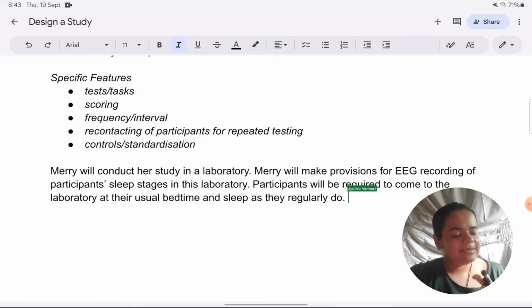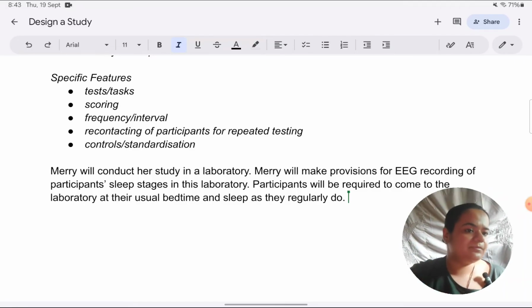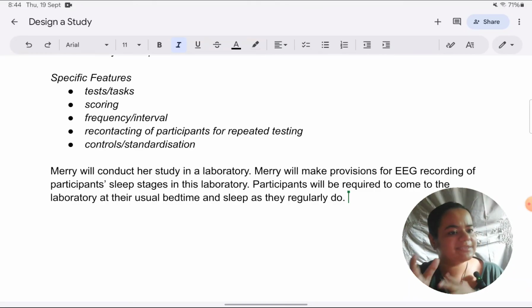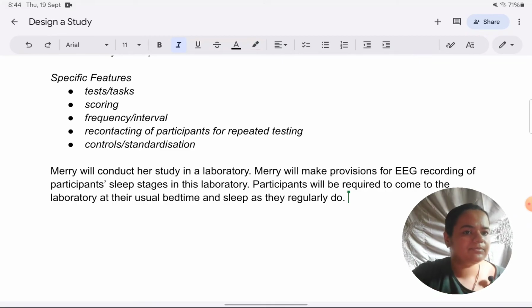Okay, so this is the test and task of the participant. In this study as such, they are not required to give a test. They are required to perform a task. Let's say instead of this, there was some longitudinal study in which the researcher wants to check how theory of mind develops with time or how it declines with time. In that case, the ICE test could have been given to participants at regular intervals, and then they would be giving a test rather than performing a task. So, depending on what the study scenario is, participants will either have to give some test or perform some task. That's why they have given it that way in the features.